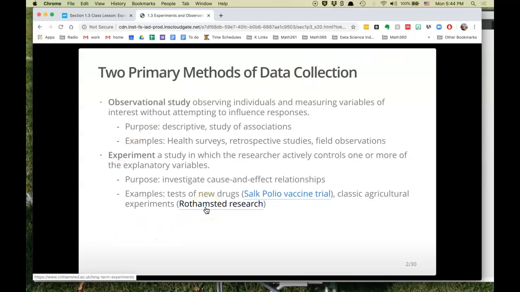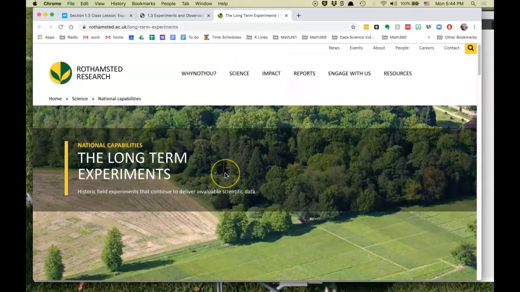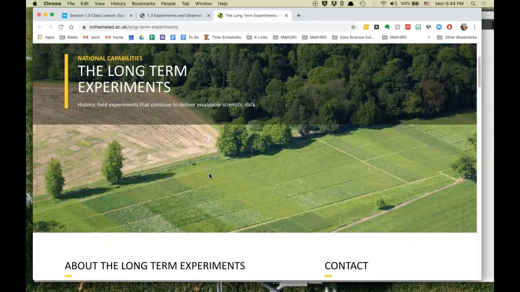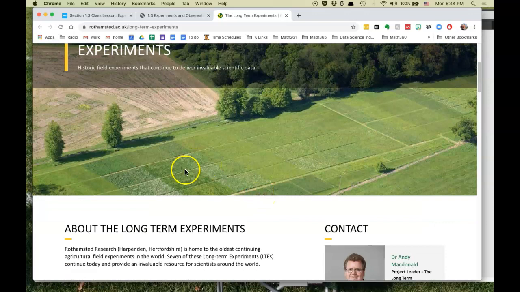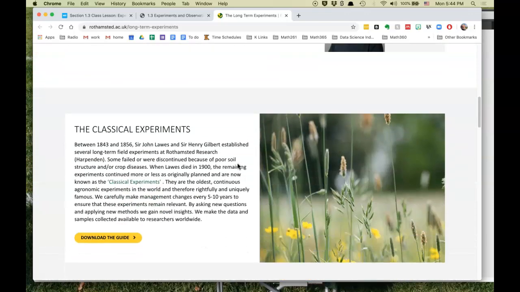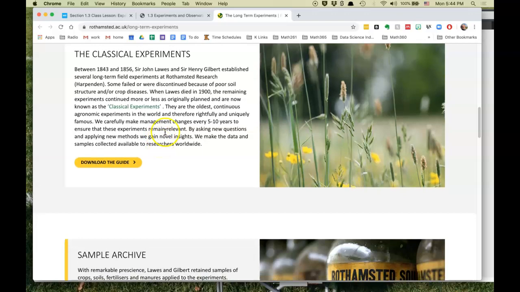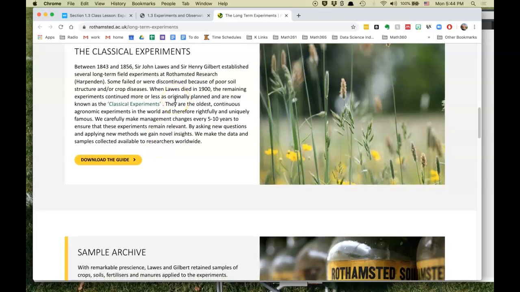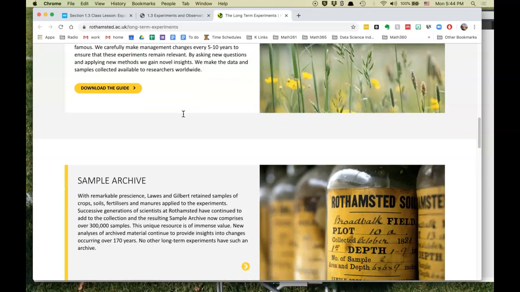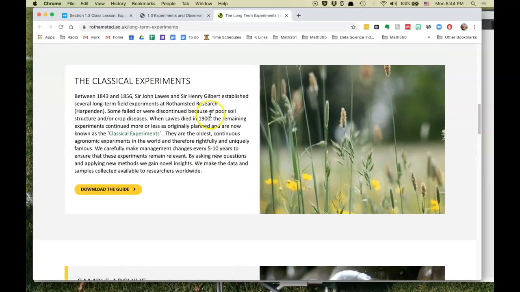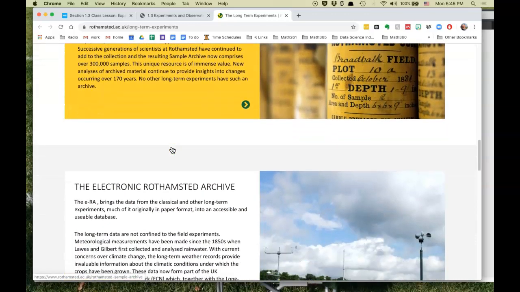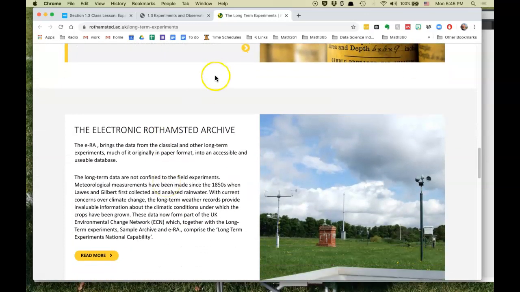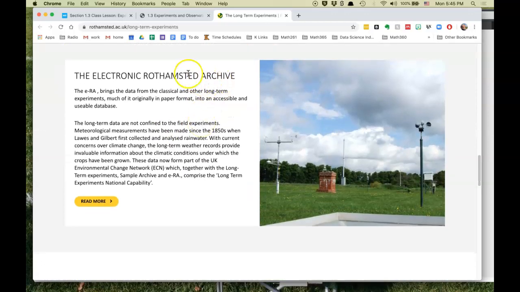So there's a link to this, and I'll just take a quick look at that. Hopefully it will load all right. This is historic field experiments. You can see from the overhead a picture of very nice plots there that are used to study different treatments. There's some reference to classic experiments if you're interested in applications and in these types of studies, perhaps in botany, agriculture. You can take a look on this electronic archive as well, so it's some fascinating information on